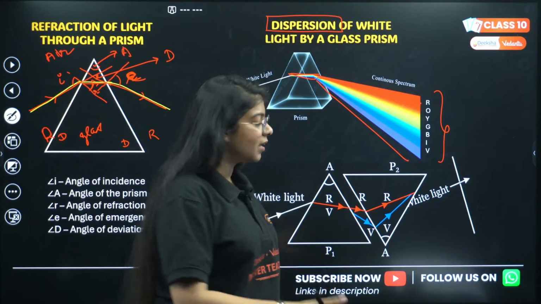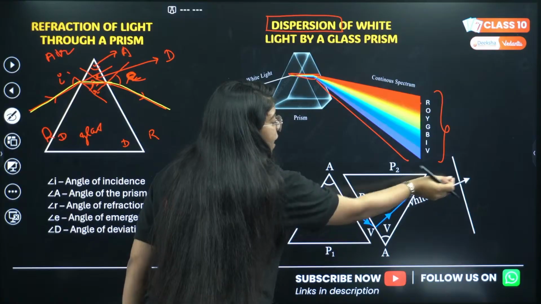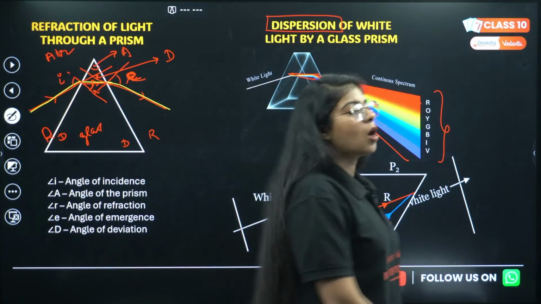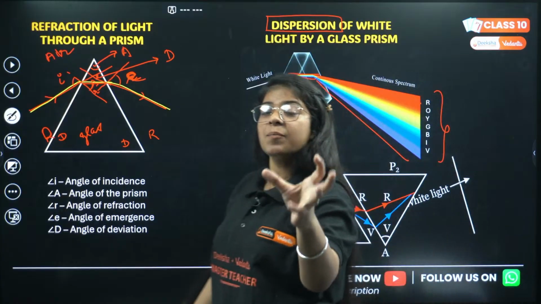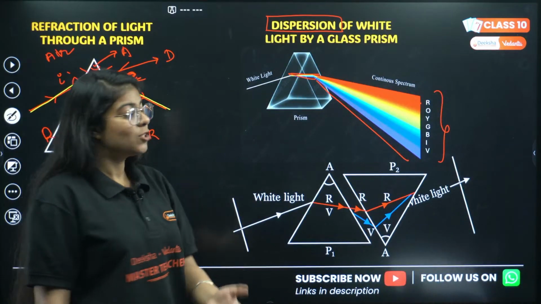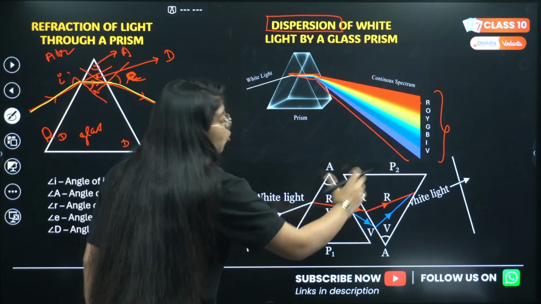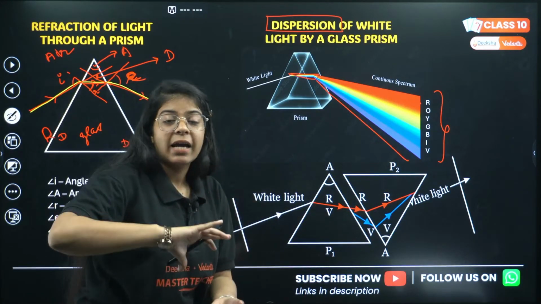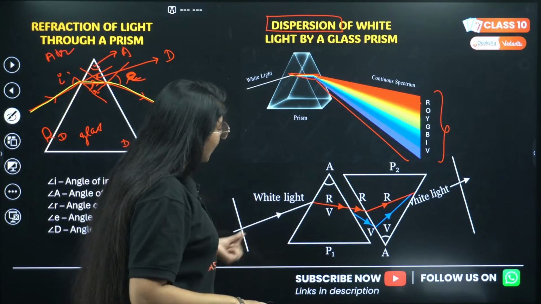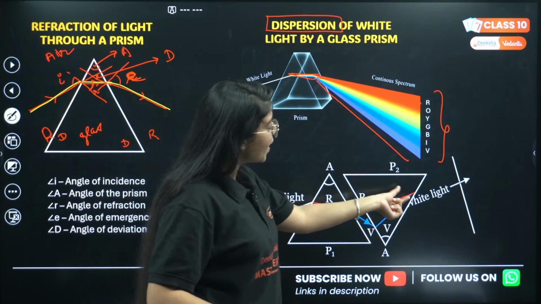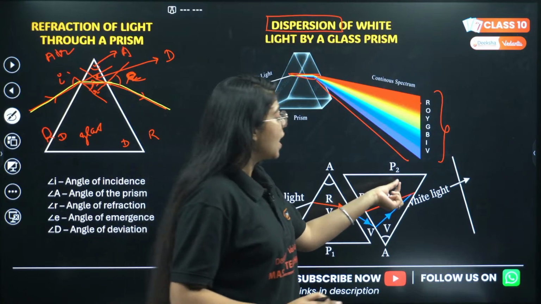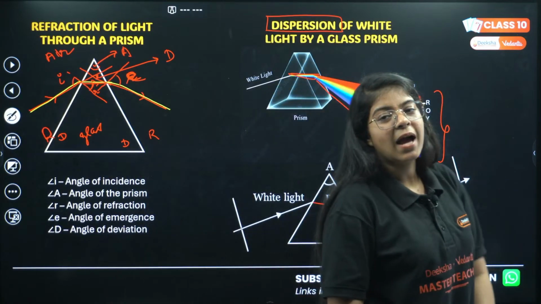Now those 7 colors will come back together, and they will emerge out of the prism in the form of a single light, that is white light. So if you place 2 prisms inverted to each other and pass white light, you will get 7 colors. Those 7 colors will again pass through another inverted prism, and they will combine back into one